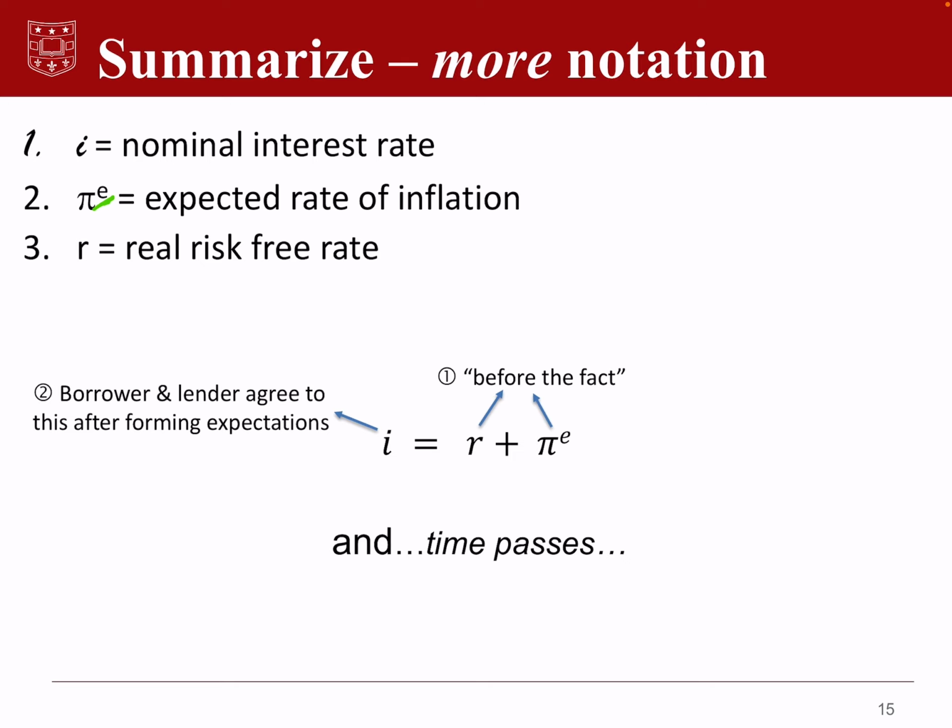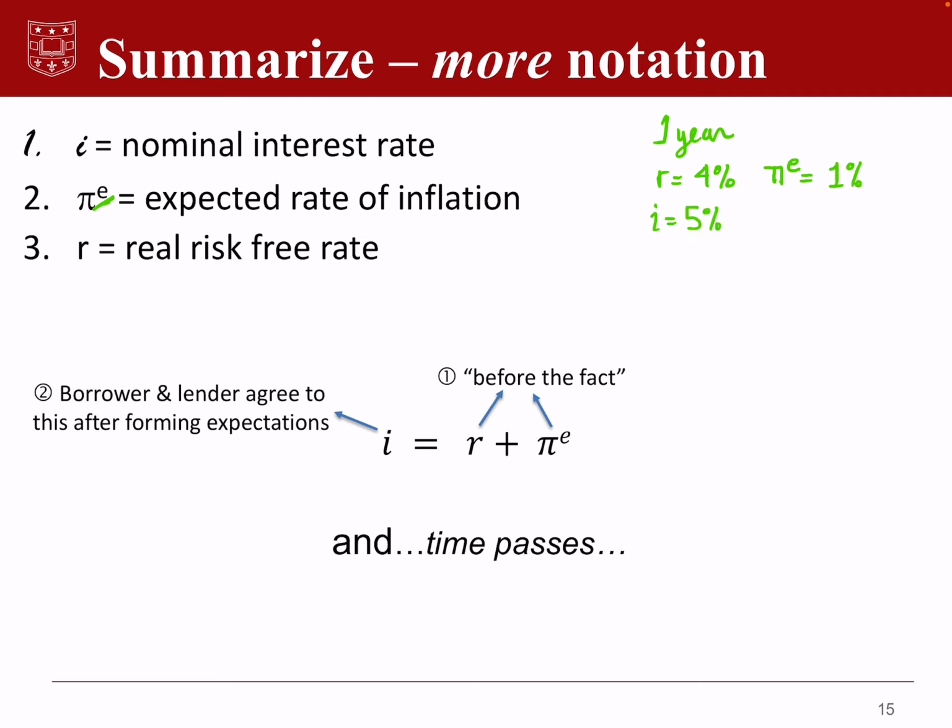And so now the lending has occurred. So let's consider an example. Let's suppose that we're going to consider a transaction for 1 year, that the risk-free rate is 4%, and people expect that inflation is going to be 1% over the year. And so the borrowers and lenders both agree that the nominal interest rate on this loan would